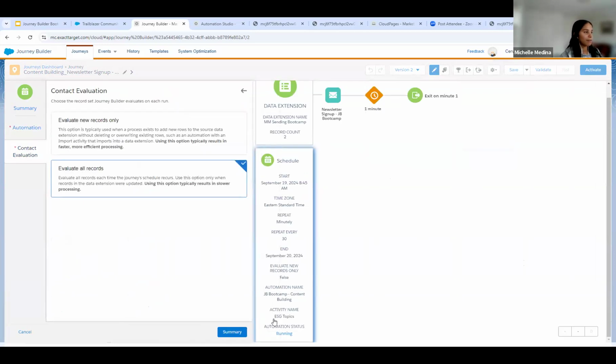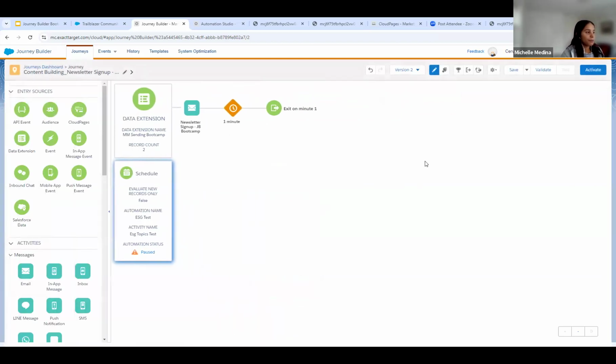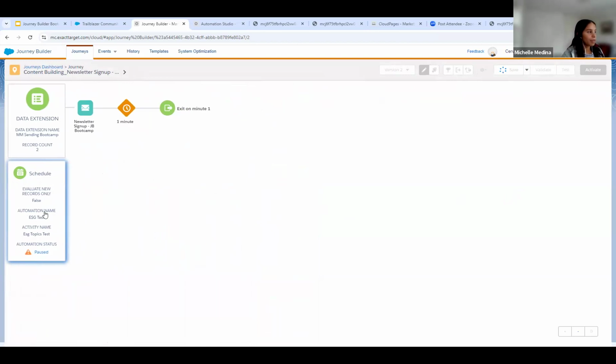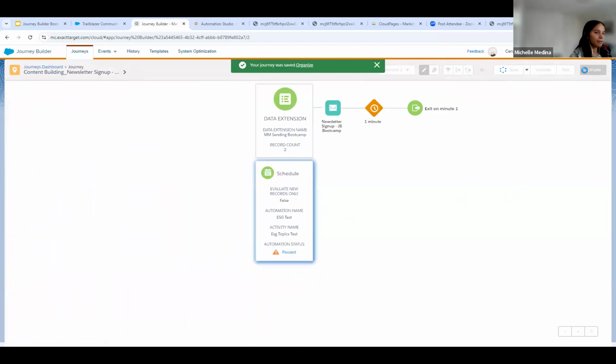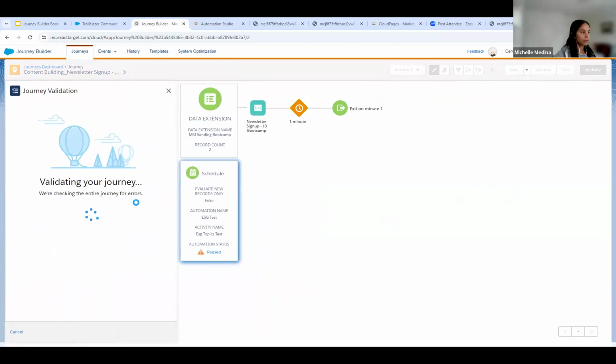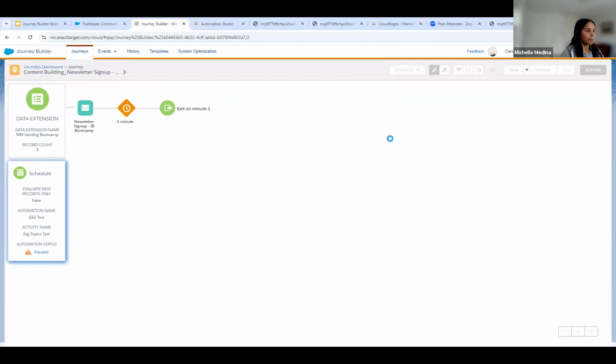Then you have this contact evaluation where you can evaluate only the new records that were populated into the data extension, or all records. If you are overriding your data extension, you have to evaluate all your records, and they give you a good explanation of which evaluation method to choose. Then if you click done, this is where you see the scheduling, and you'll see that it's paused. Once you click activate, it'll validate your journey, and then once you click activate,